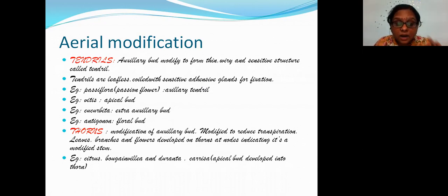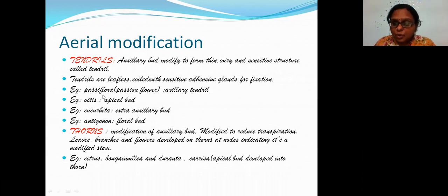But there are some which form tendrils from something other than the axillary bud, like those plants in which there are no axillary buds. If there is an axillary bud, then 100% sure they will come out from the axillary bud. But what if the plant doesn't have an axillary bud? They give rise to apical buds, or they give rise to floral buds. If you see the floral buds, that bud will be there, on one side there will be a flower, on the other side you will have a tendril. Since that bud gives rise to a flower, we call it a floral bud. This is very, very important, students, this type of bud, this type of tendril, and what is the example?